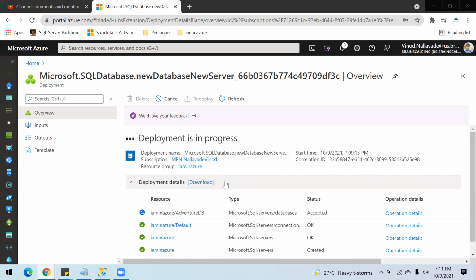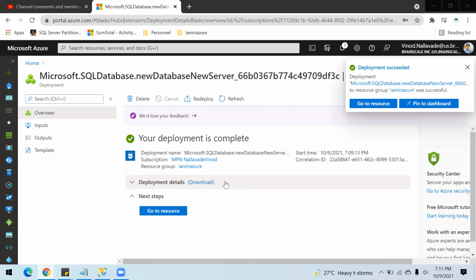Then only you will be able to connect to this server. While logging in, you need to pass the login name and the password, and you will be able to log in only if your IP is whitelisted. Otherwise it will pop up a message saying your IP is not whitelisted, and you need to add it to the server. That I will show in a moment.